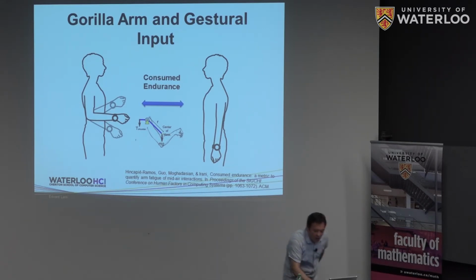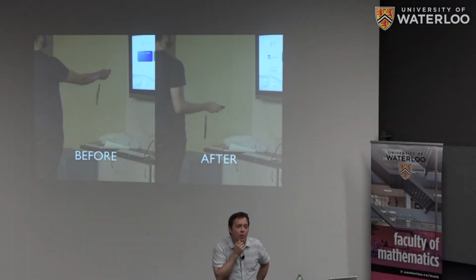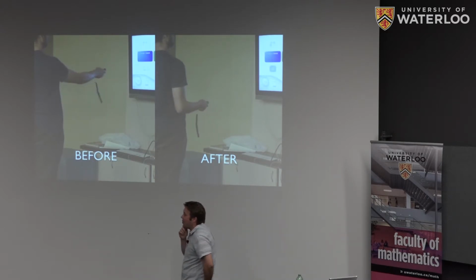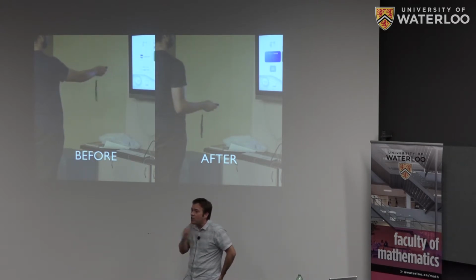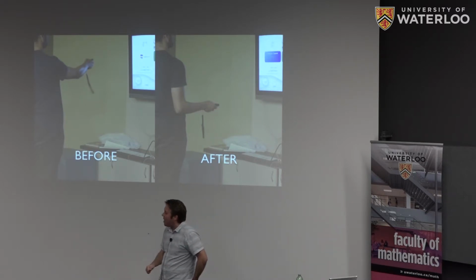We've actually seen this in work that we've done in the lab in pointing interfaces. You can see someone here using a Wiimote in order to point. We call this the Wiimote effect because of that. If you've ever played a game on a Wii, you're familiar with this. You start out playing tennis with big swings, and then you get good at it, and you're playing tennis with tiny motions. The reason that happens is because this is less effort than this. It's faster and it's easier.